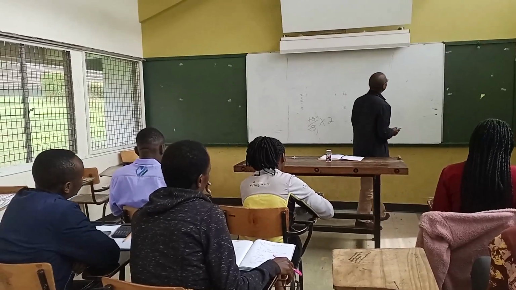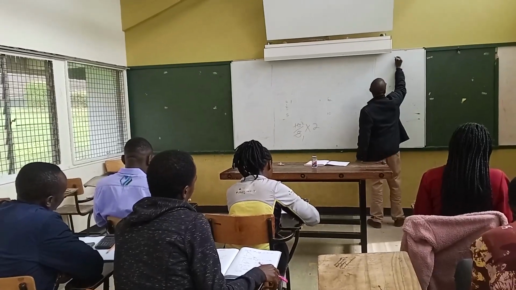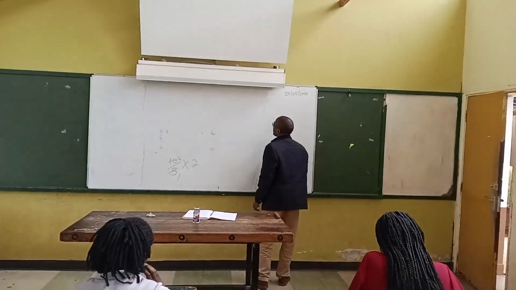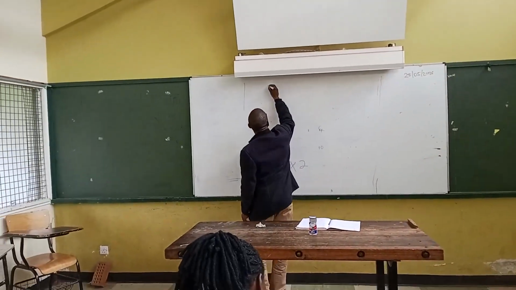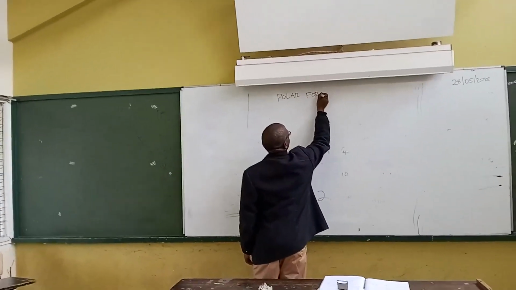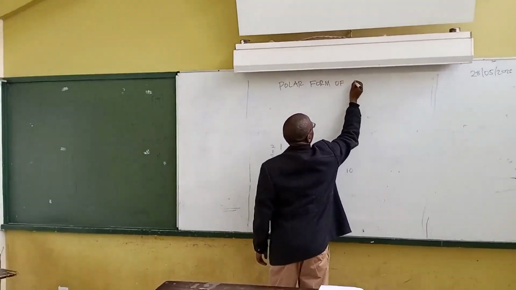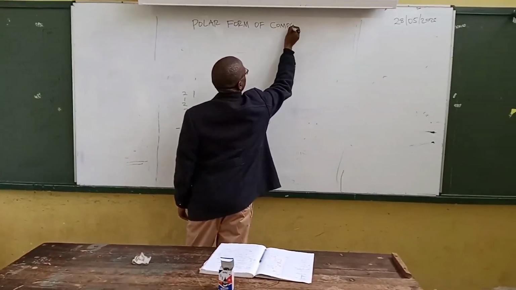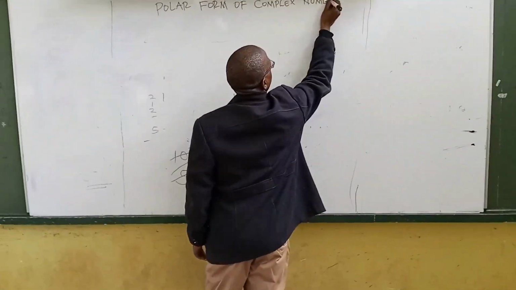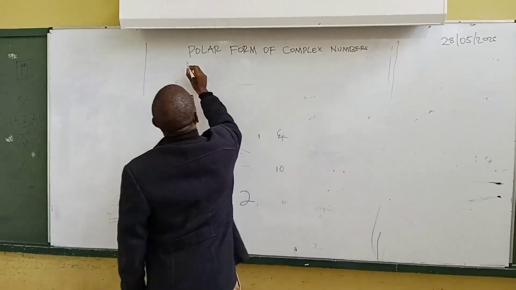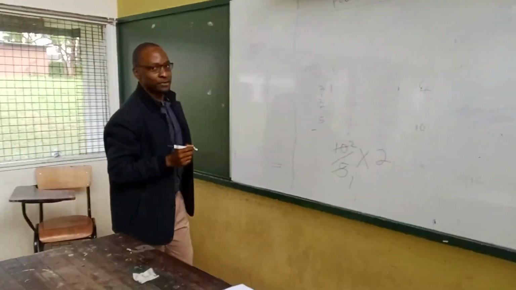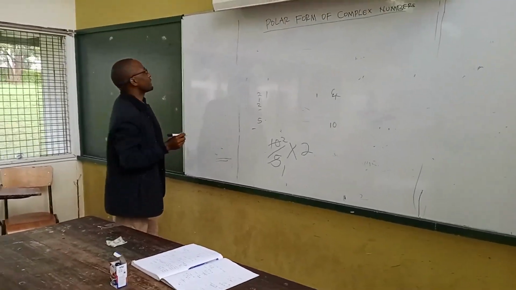And today's topic is about polar form. Today's topic is the polar form of complex numbers, and our learning objectives or outcomes of this session will be, by the end of our learning outcomes,